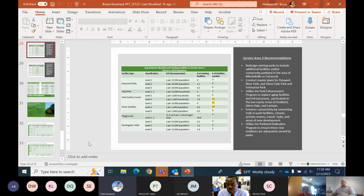And then back in 2010, I don't want to claim, but pickleball probably wasn't even around as an example. And now there's this huge resurgence of pickleball. So taking into account those kinds of activities that we're getting a lot of requests for. Again, this is not something we're going to solve today, but something I wanted to plant a seed here that when